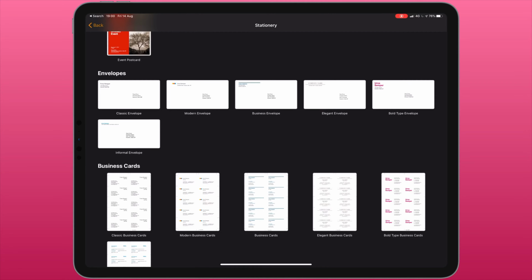So there are three main word processing apps on the iPad. We have Microsoft Word, Apple's Pages app, and Google Docs. Only one of those three apps has inbuilt templates for envelopes at the moment, and that's Apple Pages, which we can see here. Now, there aren't many envelope templates to choose from. They're all roughly one size. That's not quite what we're looking for, especially if you want to print a different sized envelope to what we have here. So what we need to do is create a document where the dimensions are the same size as